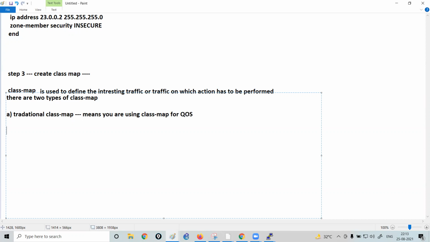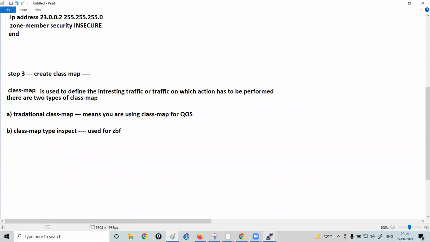And there is another type of class map, which is class map type inspect. It is used for zone-based firewall. So while configuring the class map on your router, you have to make sure that you are using the class map for the zone-based firewall.